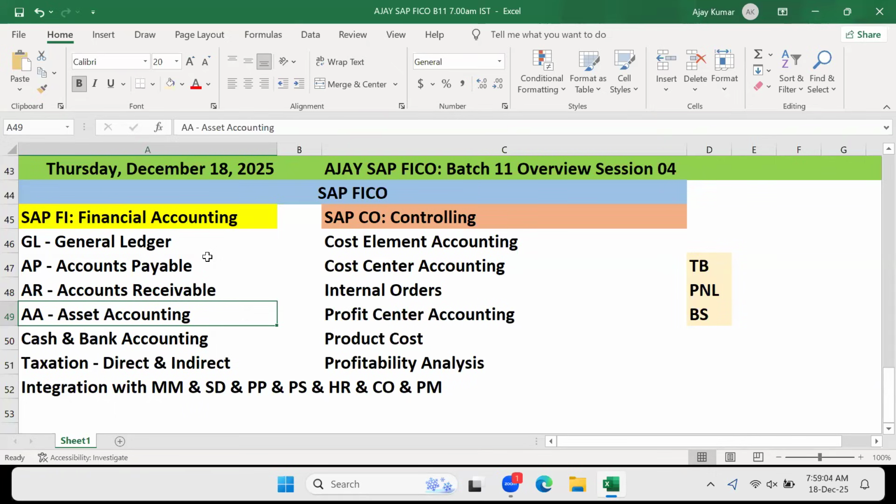Now I may be saying Hyderabad branch or Mumbai branch, Pune branch. Wherever the location is, branch wise, location wise, I will keep on creating a cost center so that whenever anything is purchased or spent in that particular branch, I will be referring to that cost center, right?